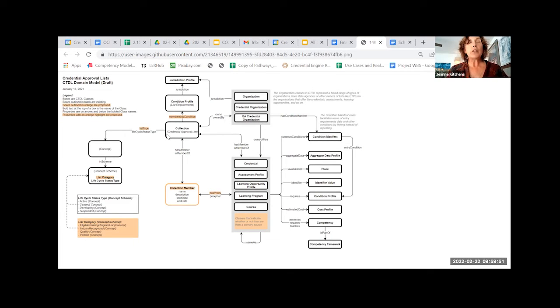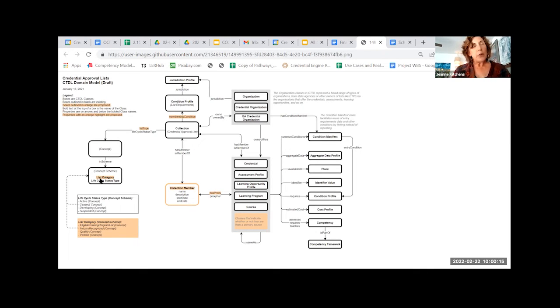Well, at Credential Engine, the CTDL, we already have a mechanism to do this. It's called a collection. So the collection is a place where you can put all the collection members of your list. And we also need to be able to identify what this collection or list consists of.